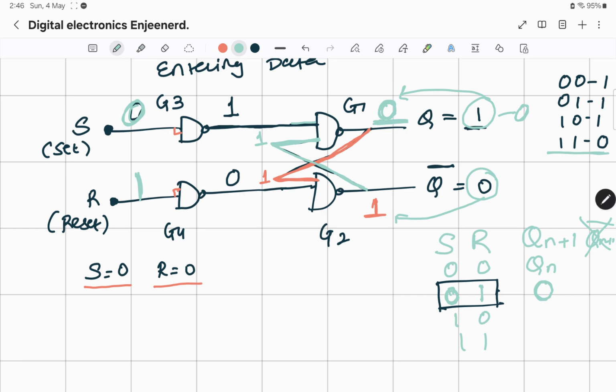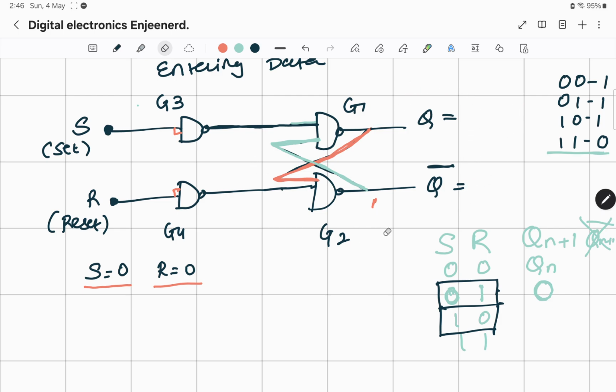Now let's do the next one, which is S equal to 1 and R equal to 0. So we have done this. Now we are doing the third one. Again, I will delete my inputs. Okay, so this is deleted. Let us assume the initial state as 0 here and a 1 here. And now at the input I am giving S equal to 1 and R equal to 0.